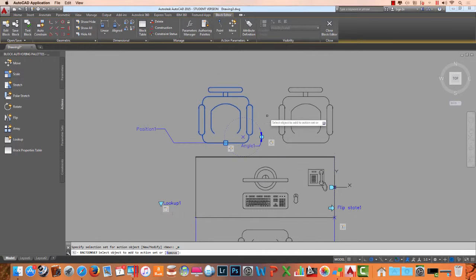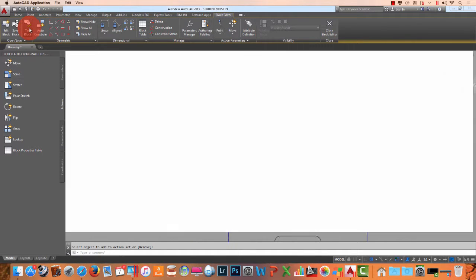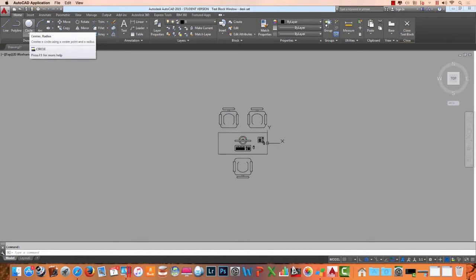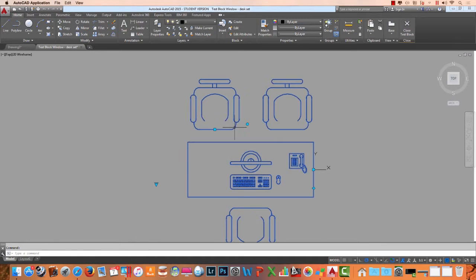So it's showing me what's selected right now, which is the chair, and I'm going to reselect the angle, and I'm going to reselect the position, both of them together, and I'll hit enter, and that should lock that in. And we'll go in here and test the block one more time. So we'll come in here and look at this. So as I rotate this,